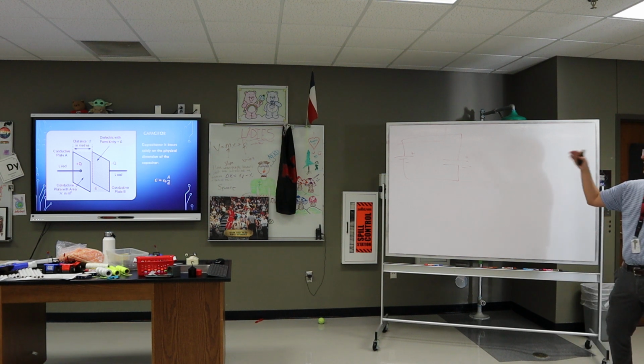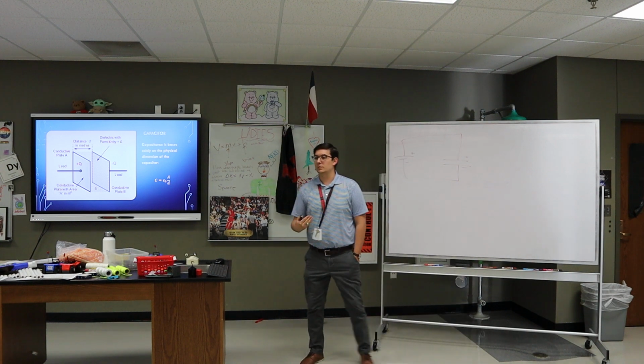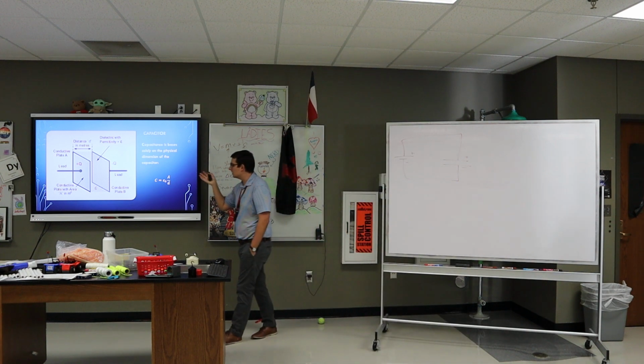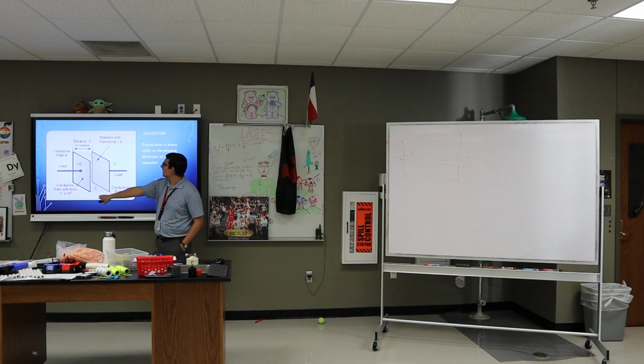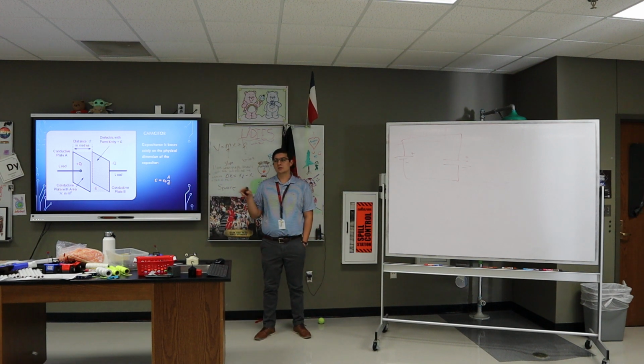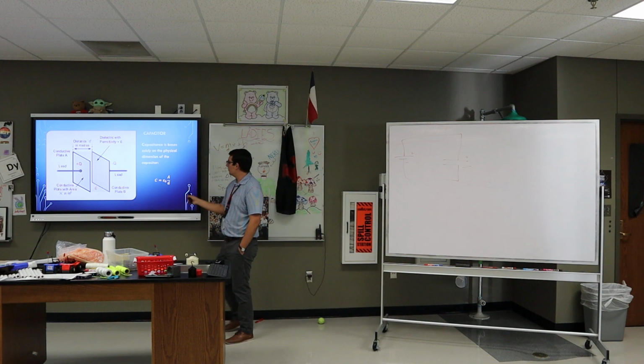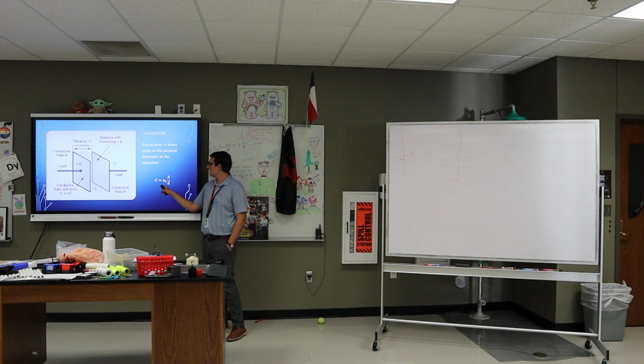Okay, so the way that we calculate the capacitance is it's only based on the physical dimensions of the object, as well as, I should say, this thing in the middle, which we call a dielectric. I can change out that dielectric with different types of material, and depending on what material is in there, it will alter the capacitance. But in general, here's the equation. The capacitance is equal to